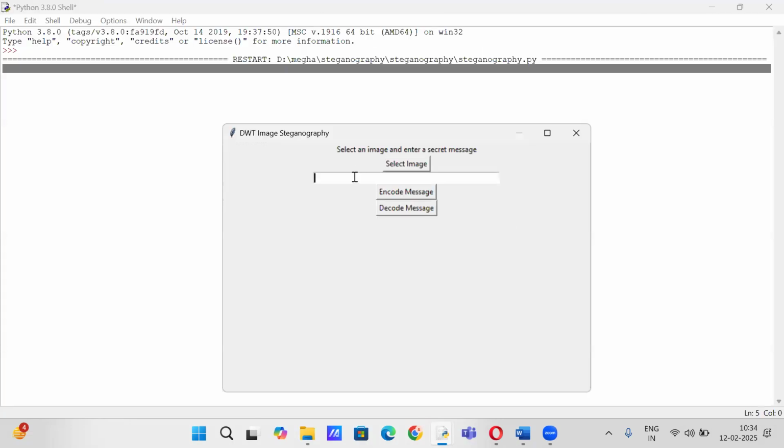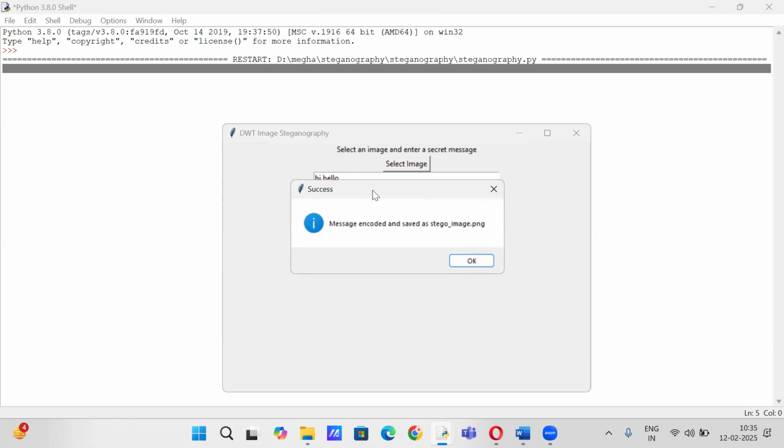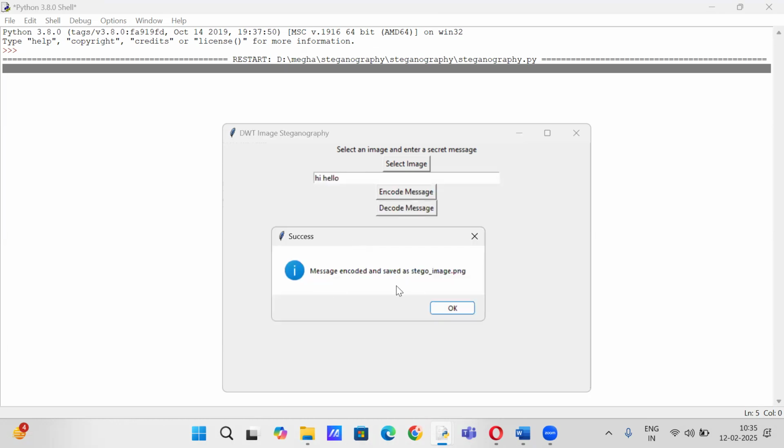You can type the text. After entering the text, click on encode. It is encoded and saved as a stego image. Click on OK. Then click on decode